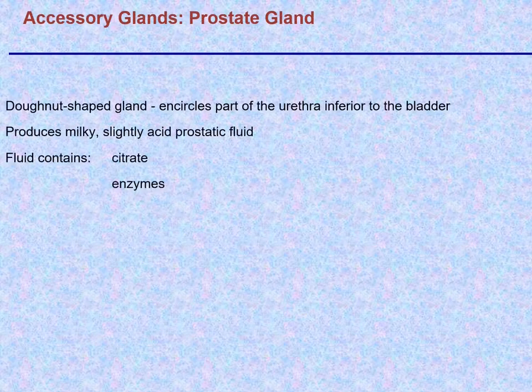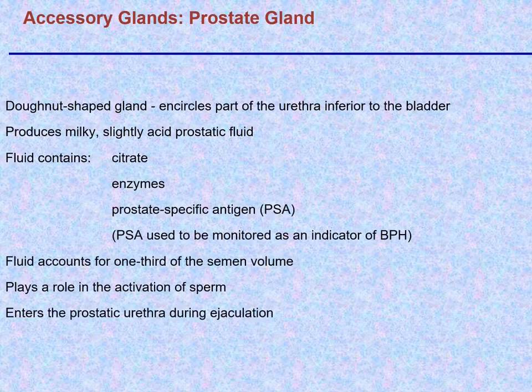There is also the prostate, which is a donut-shaped gland that encircles the urethra at the base of the bladder. It secretes a milky, slightly acidic fluid containing citrate, some enzymes, and a molecule called PSA, or prostate-specific antigen. This used to be used as a monitor to indicate if a person has an enlarged prostate, but it's no longer typically screened for because it's not considered to be a particularly good indicator of whether there may or may not be